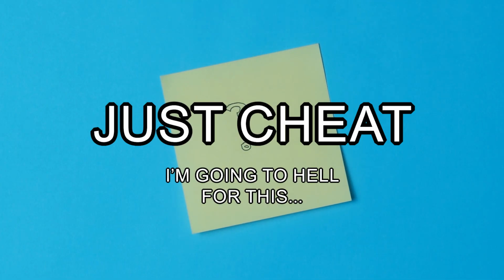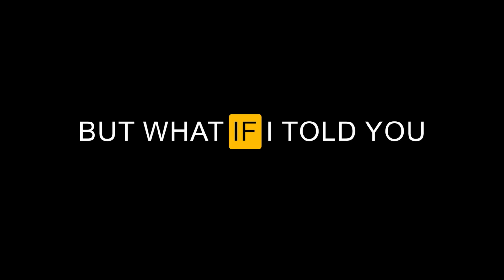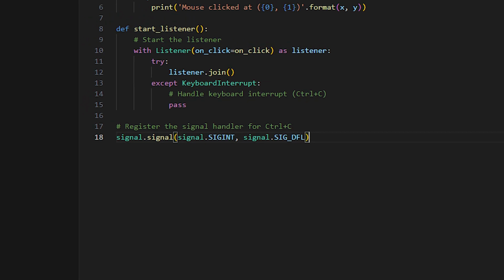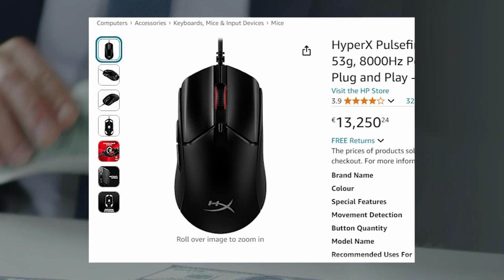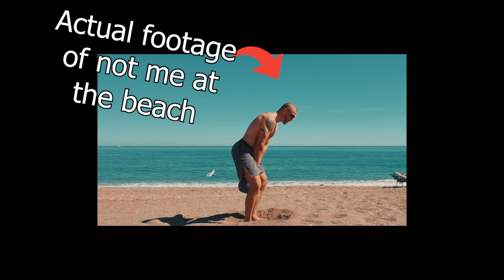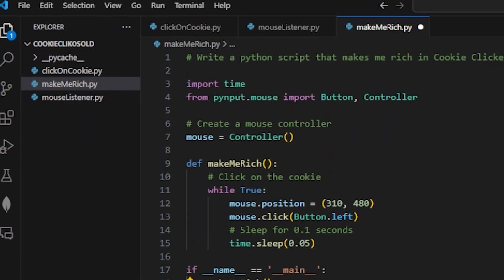Just cheat! Very easy. Yes, some very easy cheats can be found online. But what if I told you that we can actually do it in a painful and unnecessarily long way? By cheating, we can actually learn real-life skills. And then, while all the other players spend money on mice, you will actually grow. Isn't that amazing? So let's see how to achieve this very difficult and useless task.